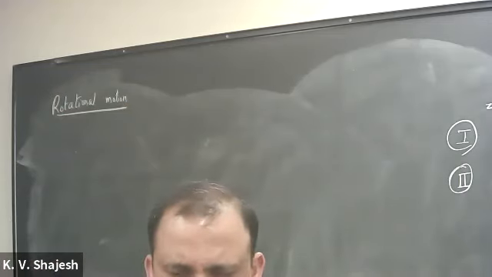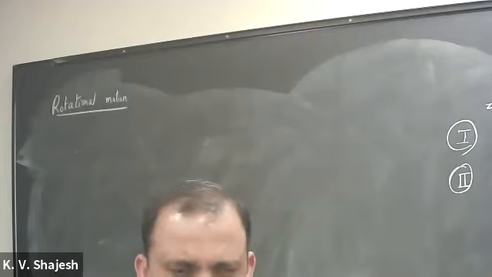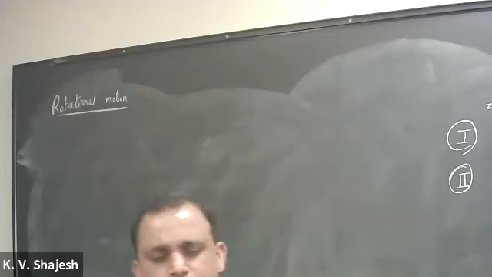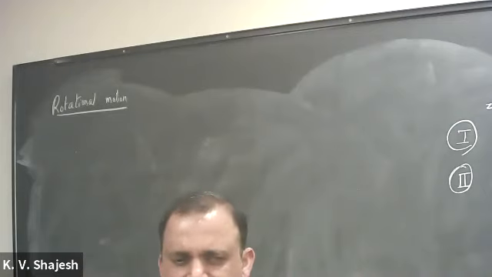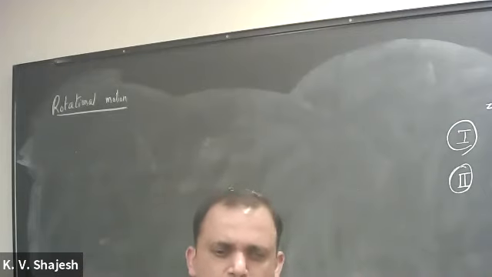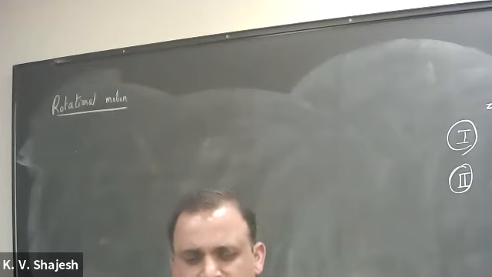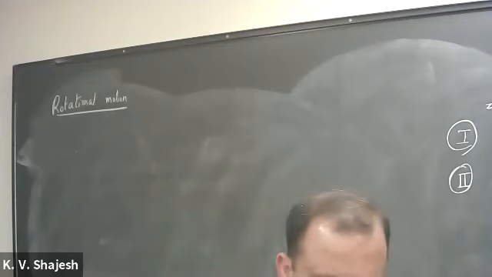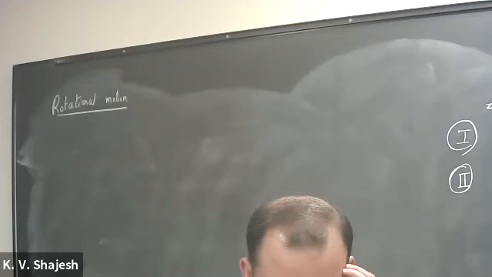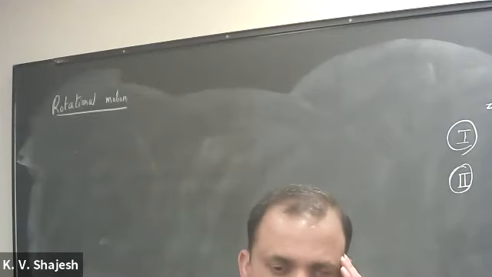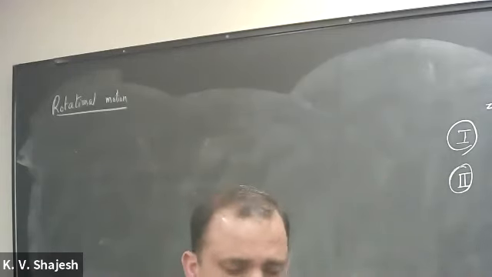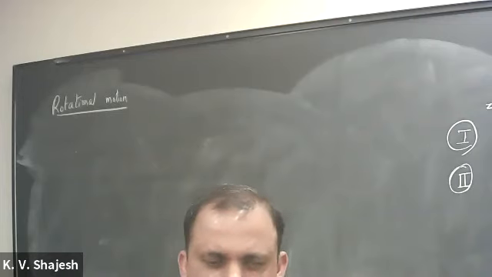Any motion of any object can be broken into translational motion of the center of mass plus rotational motion about an axis passing through the center of mass. That motivates us to say that we want to study rotational motion for a complete understanding of the motion of an object. Most of the time here, almost always actually in this course, because we have only 1 or